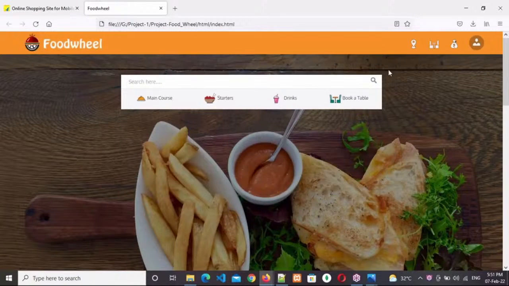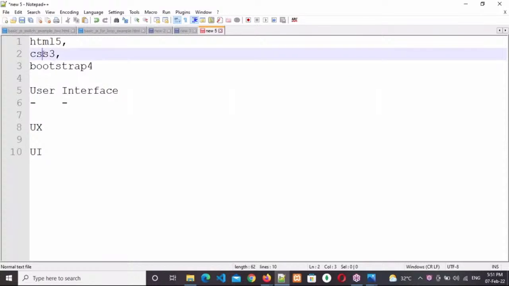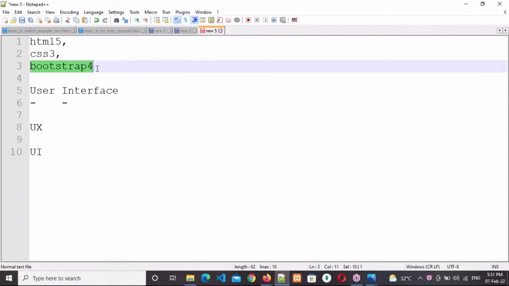Okay, right. So this is what happens internally. Before starting the project, this is the process they will conduct. To design a web page, they will use these technologies: HTML5 and CSS3, and to convert that web page into a responsive web page, they will use this framework called Bootstrap. Okay, right. And then,